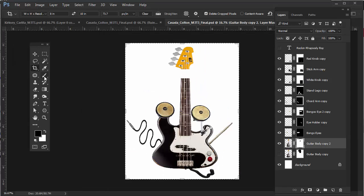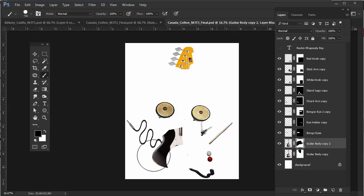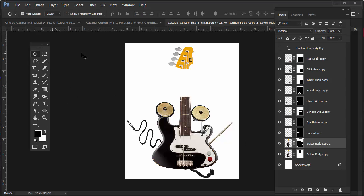Then with the paintbrush, I'm going to just hide the rest of it. All right. So with a bigger paintbrush, I could just quickly do that. What's going on here? All right. So I'm hiding the rest of the guitar. Okay. Now I'll show the bottom layer again, and then take this top piece here and bring it down, and